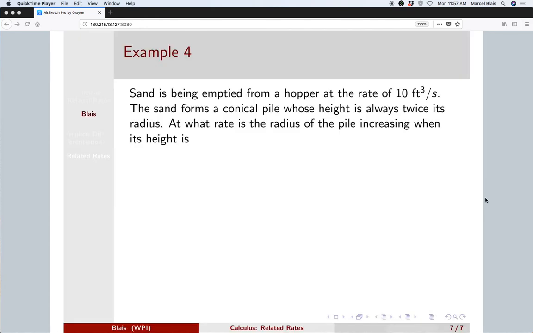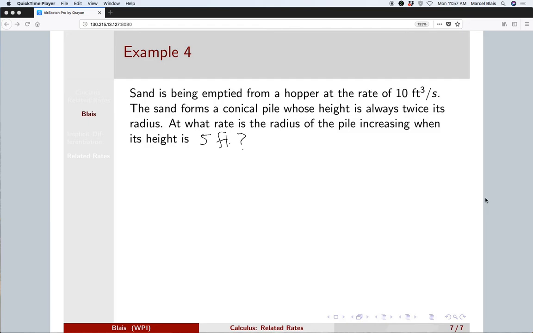Next example. Suppose we have sand being emptied from a hopper. So that's just something that's pouring sand out. And the sand forms a conical pile whose height is always twice its radius. Radius being the radius of the pile's footprint. At what rate is the radius of the pile increasing when its height is